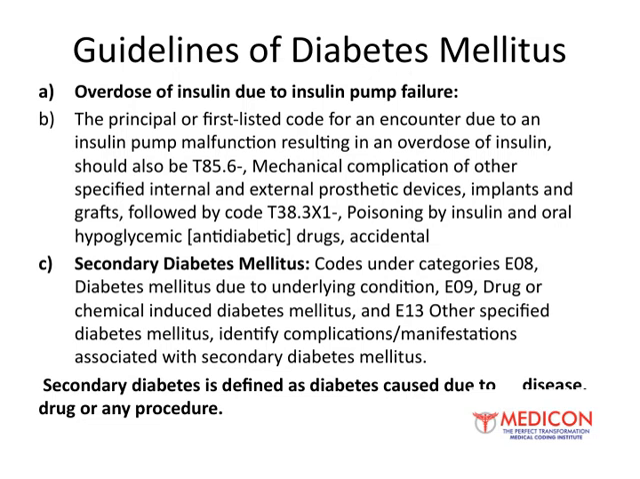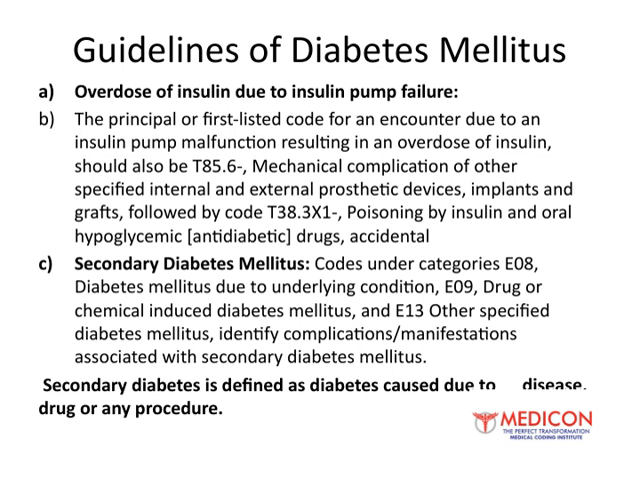Let's talk about some important guidelines related to diabetes mellitus management and complications. First, in cases where there is an overdose of insulin due to a malfunction of an insulin pump, it's crucial to code this correctly. The primary code for an encounter caused by an insulin pump failure resulting in an overdose should be T85.6, which indicates a mechanical complication of other specified internal and external prosthetic devices, implants, and grafts. Followed by that, we should use T38.3X1, which specifies poisoning by insulin and oral hypoglycemic drugs, and this is considered